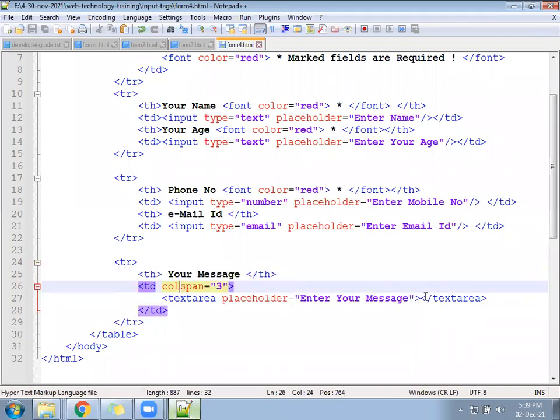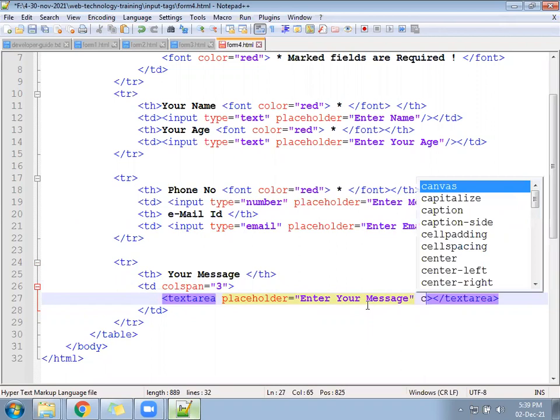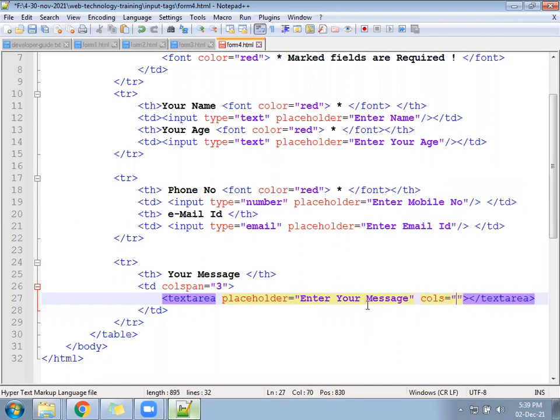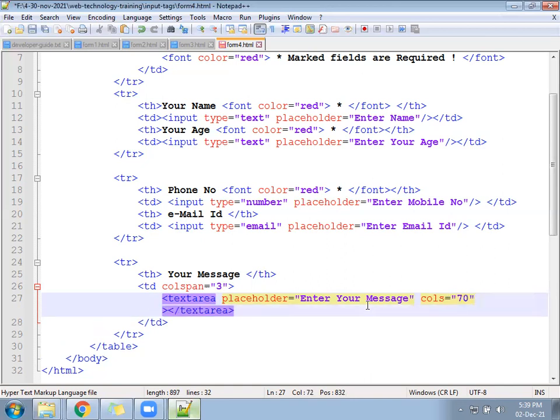Now inside the text area, we have some properties. Using that, you can increase the width of the text area. So there is a property called cols, C-O-L-S. Cols will help you to increase the width. Rows will help you to increase the height. In the frameset, you remember rows and cols. So now write cols equal to 70 and then check. Maybe you have to increase and decrease a little. If it looks bigger, you can reduce that.